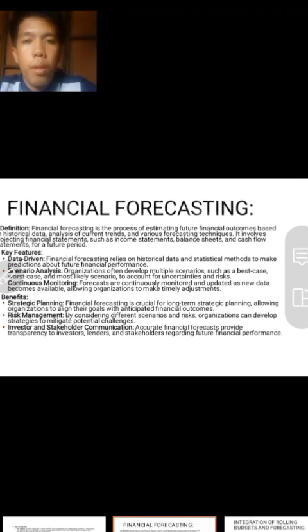Then lastly is improve resource allocation. Resource can be allocated more frequently based on current priorities and performance. So, ma-improve ang mga resource allocation. Isa po na sa mga benefits para kay ang resource can be allocated more frequently based on